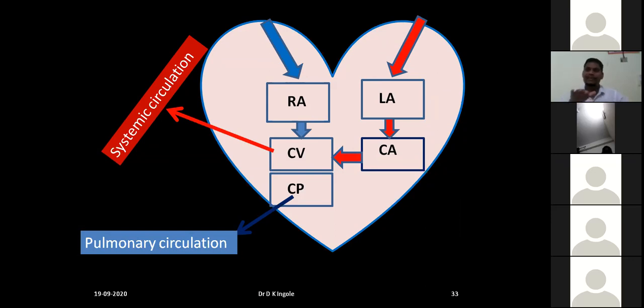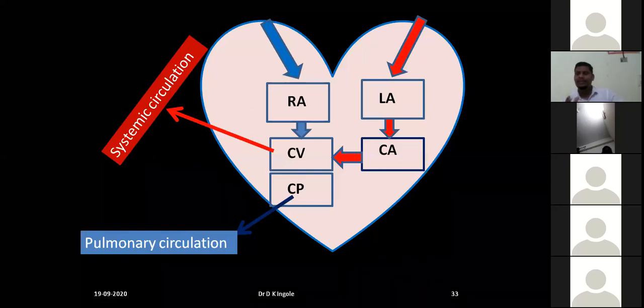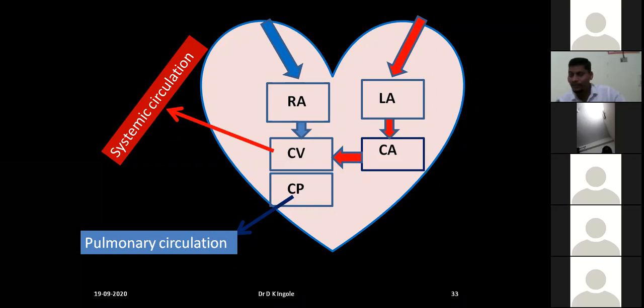Suppose a normal animal is breathing on the surface, at that time the left ventricle pressure is always greater than the right ventricle. So there will not be opening of the foramen. When that animal enters the water, it will not take in oxygen, and whatever oxygen is present in the lung will cause resistance to the blood coming from the right ventricle to the lung. So automatically there will be increased pressure in the right ventricle, and that increased pressure will cause opening of the foramen, and the deoxygenated blood will go to the posterior aorta, and oxygenated blood will go to the brain.